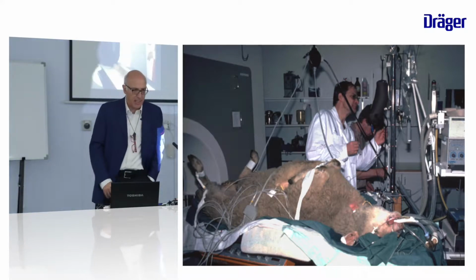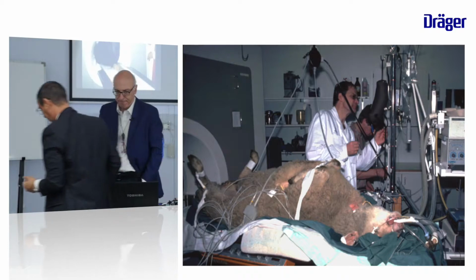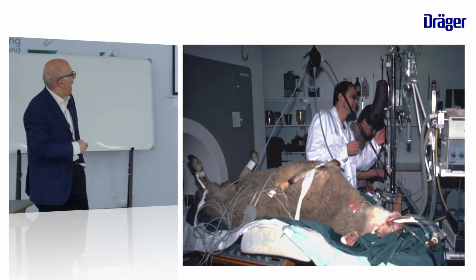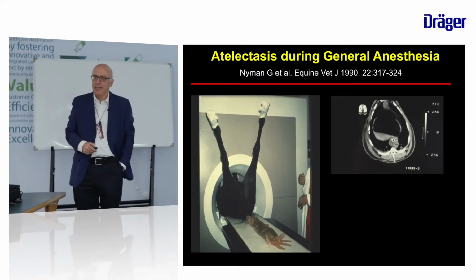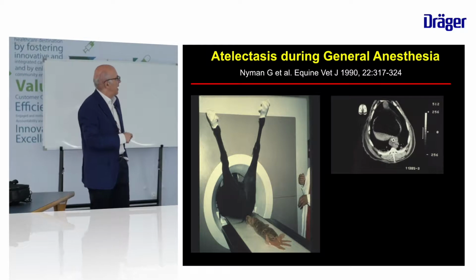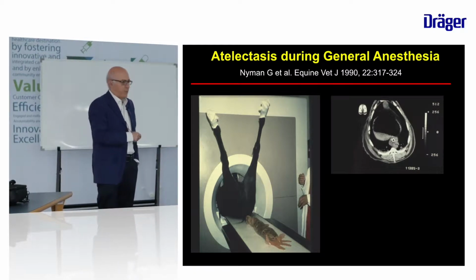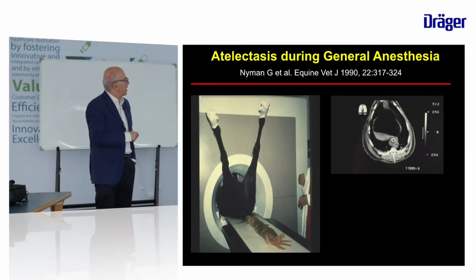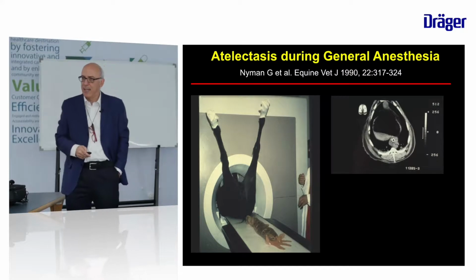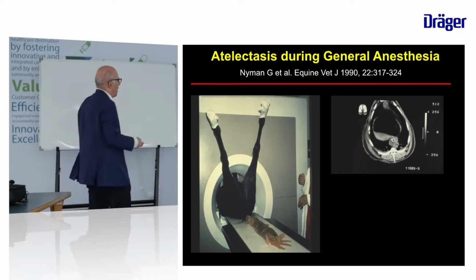And this is one of the first experiments they did in animals with the CT scan. These are ponies anesthetized. And this is the CT scan of a pony, of course sedated. And you see here the stomach, you see here the lung, and the very small amount of atelectasis when the animal is sedated. But when they are